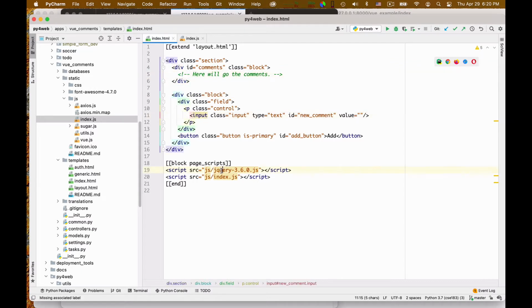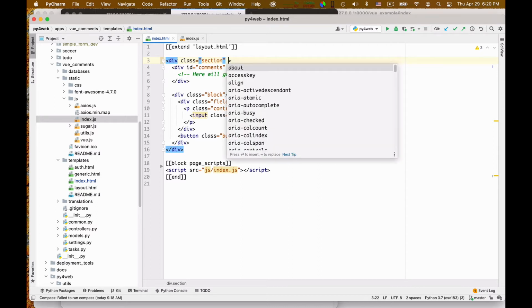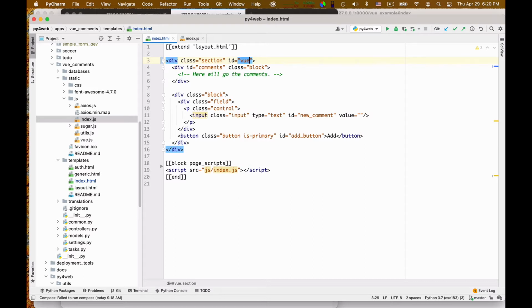To do it with Vue, the first thing I do is I remove the import of jQuery. It's not needed anymore. And also I need to specify which element in this page is going to be the target of the Vue correspondence. Vue will keep a correspondence between the DOM tree of HTML and the JavaScript, and I need to specify what element of the page will be the area for the correspondence. So here it will be this one, and I give it an ID, vue-target. You will see that I will use it later in the code to define the correspondence, okay?